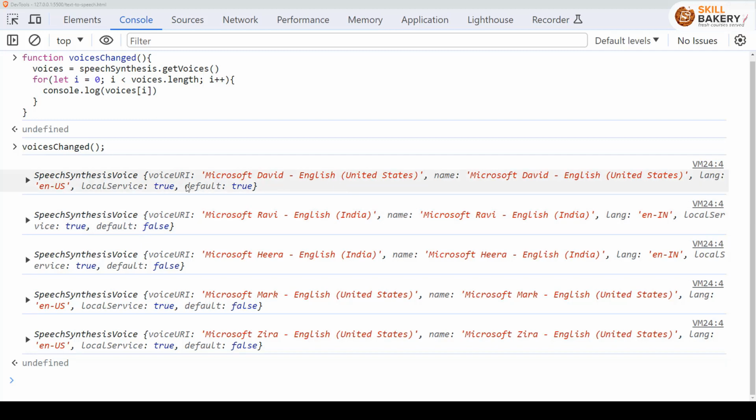So at index position 0 we have Microsoft David, at index position 1 we have Microsoft Ravi, then at index position 2 we have Microsoft Hira, then Microsoft Mark and Microsoft Zira. So if I have to make use of Microsoft Ravi, we can do this by getting this voices speech synthesis,